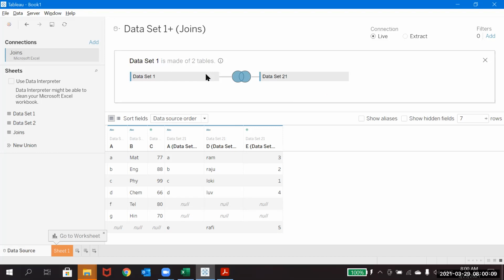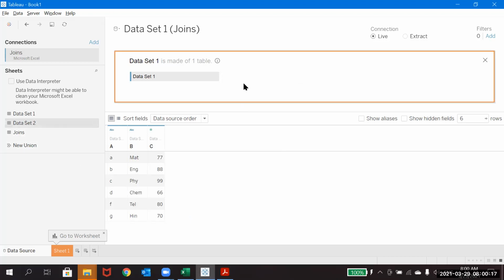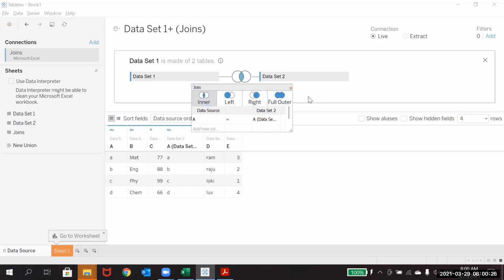You will not see anything here, only one data set. Then you can grab the second data set, and it will show the join operation here. Click on that and you will see all the 4 types of joins. Now you can click on each join once and observe the result below here.